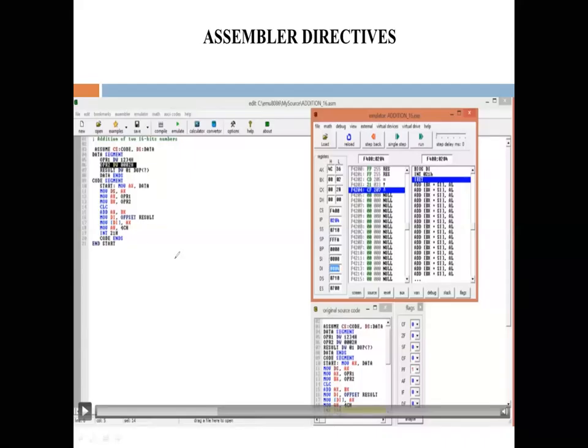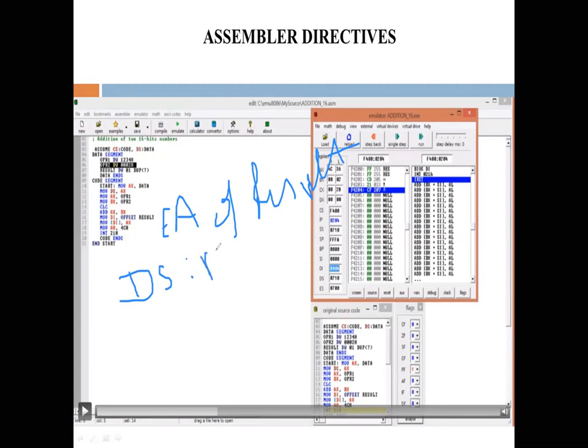Now we calculate the effective address of result. This is generated by the data segment content plus the destination index content, which is the offset address. Here we can see that the data segment is 0710 and the destination index offset is 0004.